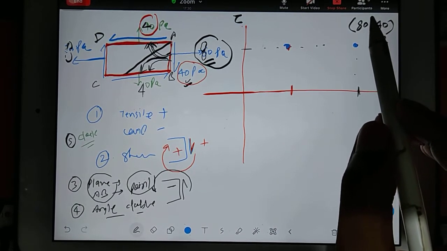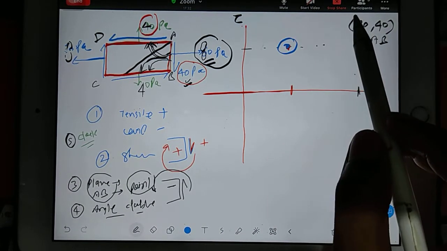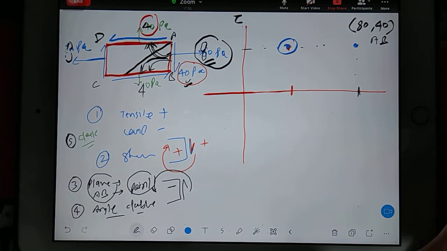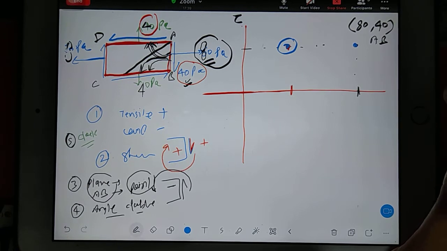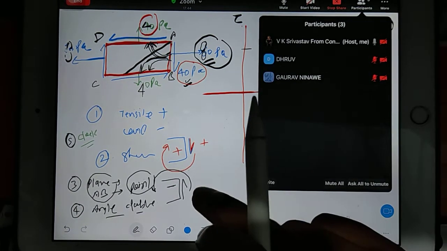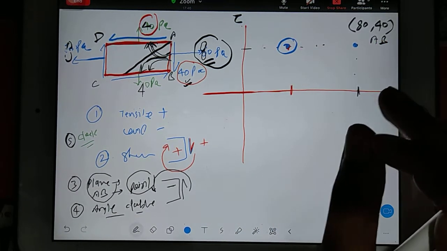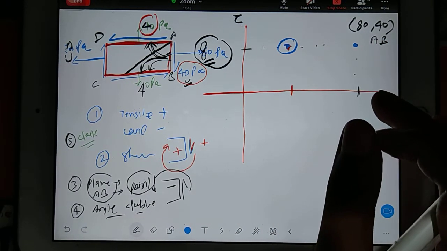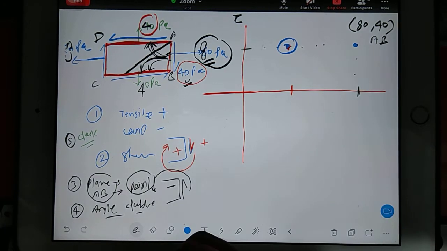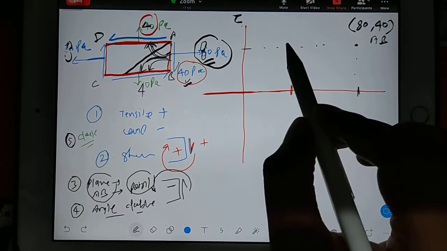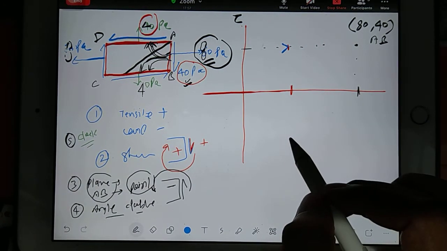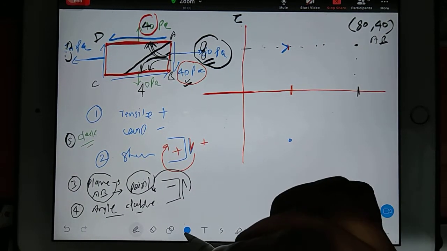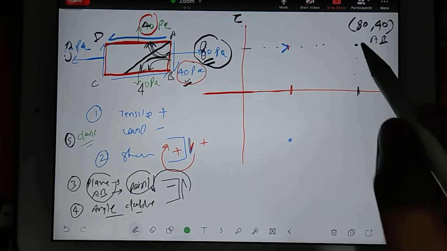Now you check out, am I doing any mistake? Yes. What mistake I am doing? Can you guess? Anyone? One small mistake I am doing, and I have done that mistake intentionally so that I can catch. Yeah, very good. Shear stress is anti-clockwise. So it means what? Your 40 will not come here, your 40 will come here. That's what I was checking, whether you guys are sleeping or you are okay.